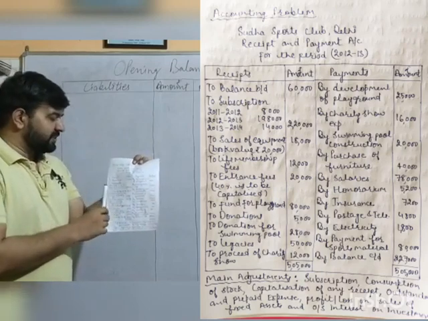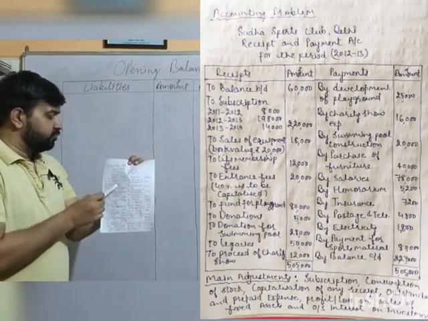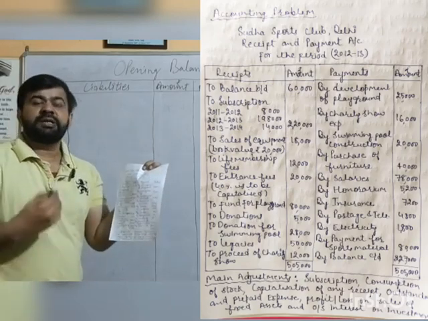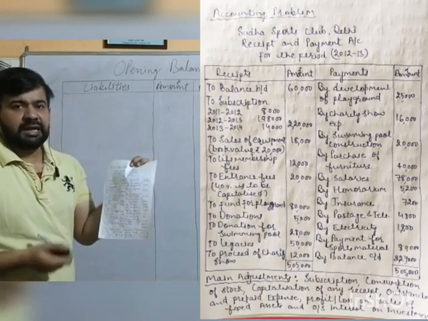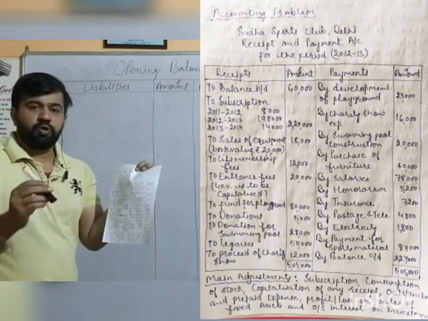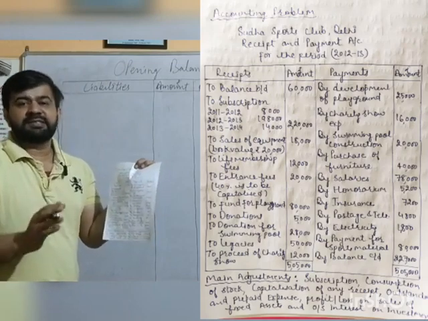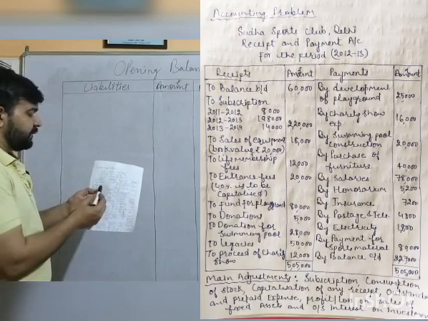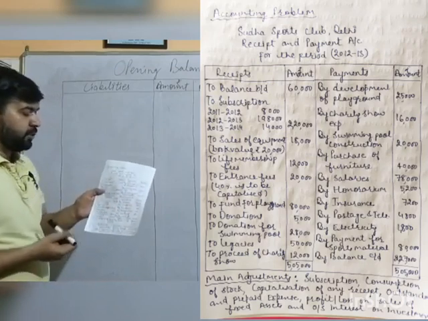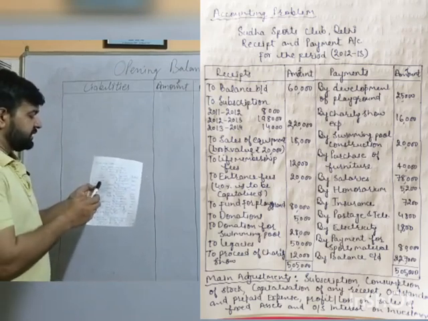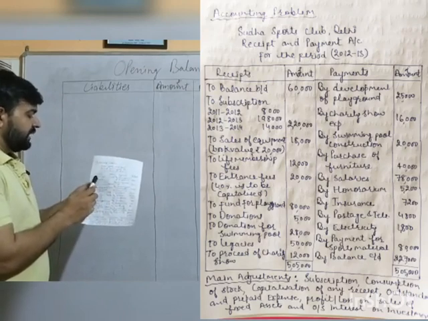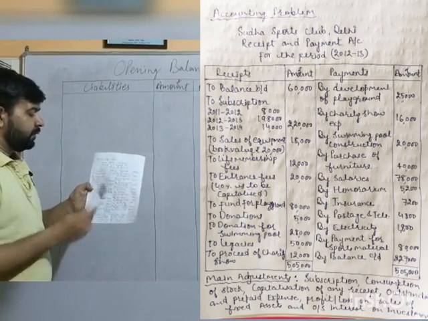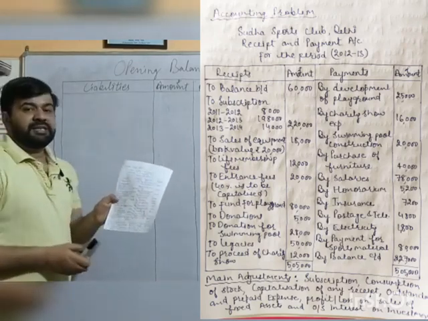Subscription outstanding of the previous year that has been received in the current year is to be taken to the opening balance sheet, and advance subscription received during the year is to be taken to the closing balance sheet on the liability side. Outstanding subscription is always an asset for us, and advance received subscription is always a liability for us. So here we will take this 1,98,000 to the income side of the income and expenditure account, whereas subscription received, rupees 8,000 for 2011-12, will be taken to the opening balance sheet, and subscription received for 2013-14 will be transferred to the closing balance sheet liability side.